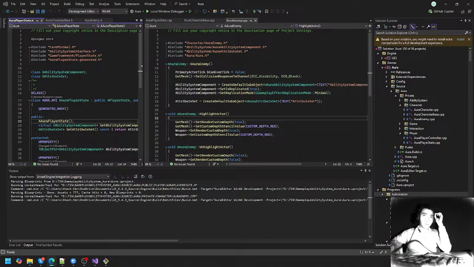this would be if perhaps we had constructed the ability system component on Aura character instead of the player state, which we're not doing, but if we did, a good